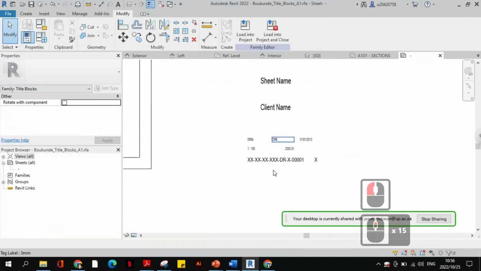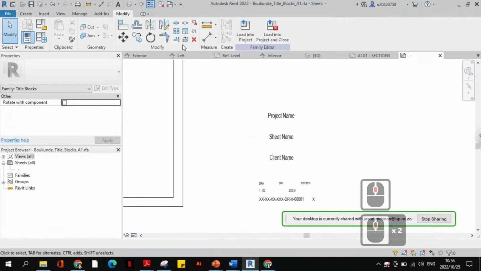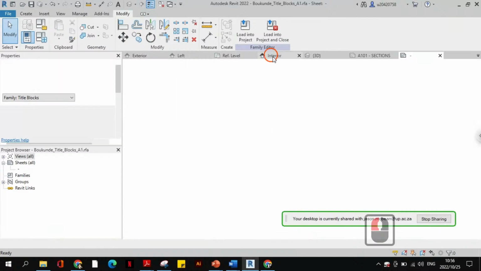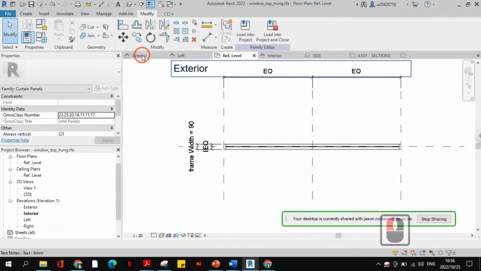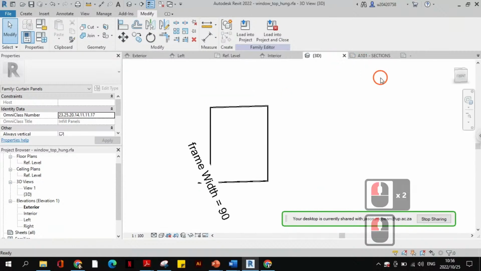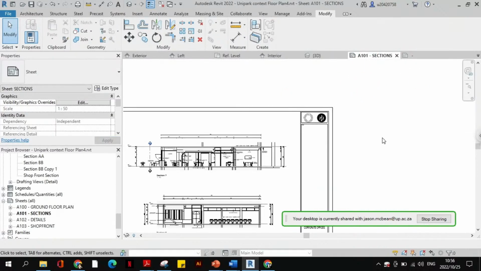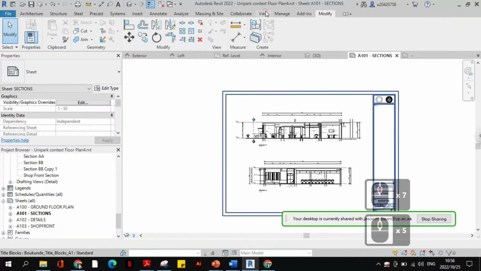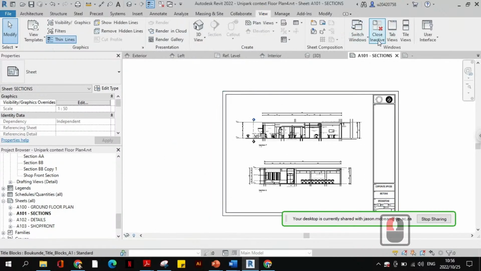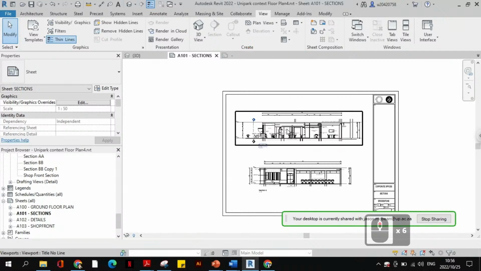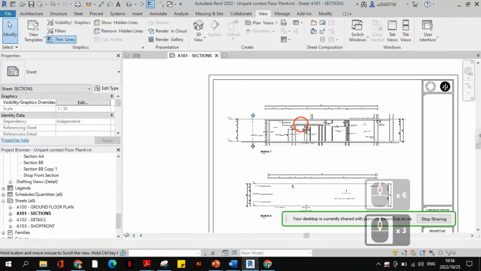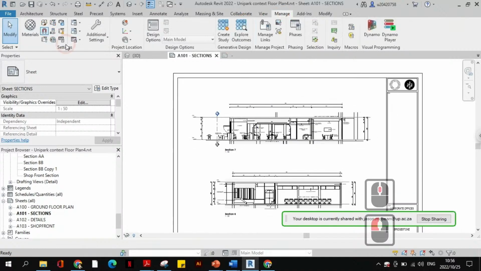Now, these things you've got to try and use again. So let me go back into the project and I'll explain why. Oh shucks, I hope I didn't close the project. Ah, yes, project. Okay, good. View, close and active views, just so we don't have too many things open. That's the sheet there. Okay, now in this project, if you go to manage and you go to project information,